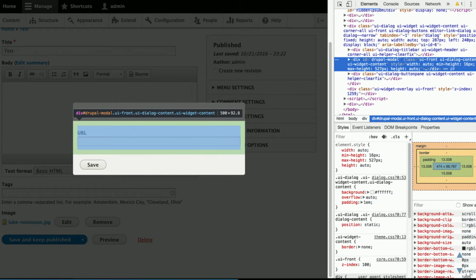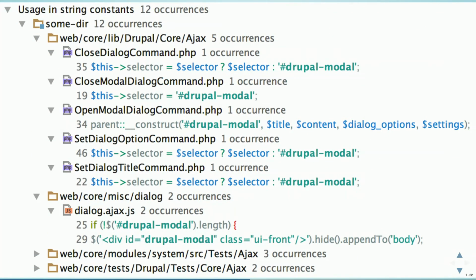So we're going to go back to code searching, and this time we're going to look for Drupal-modal. And here, instead of the 100 plus results, we only found 12. That's much more reasonable, much smaller things to look at. But unfortunately, we still have PHP and JavaScript. We still haven't really narrowed front end or back end, but we're getting there. So here we have some PHP. It's all in the Drupal core Ajax. And that's interesting. But we also have, again, the dialog.ajax.js file,